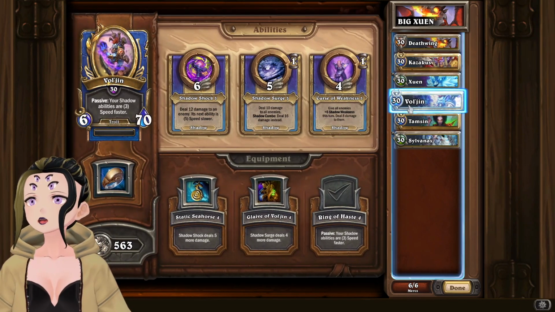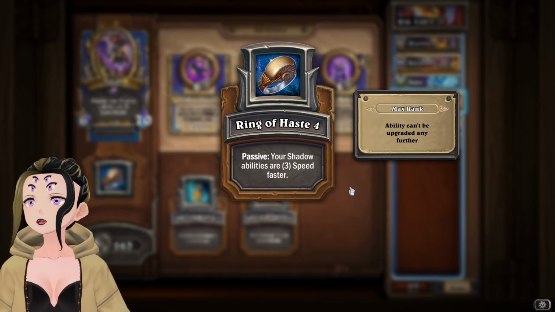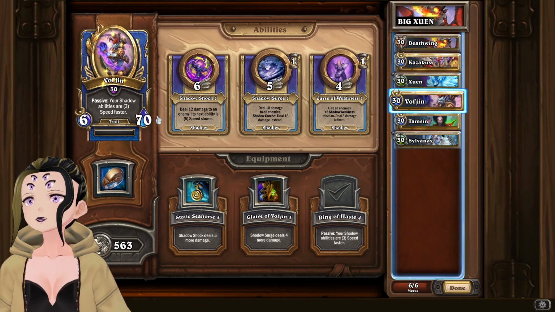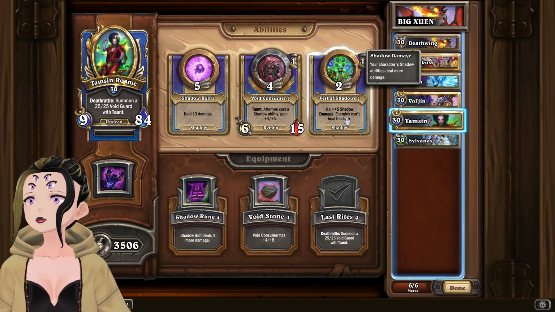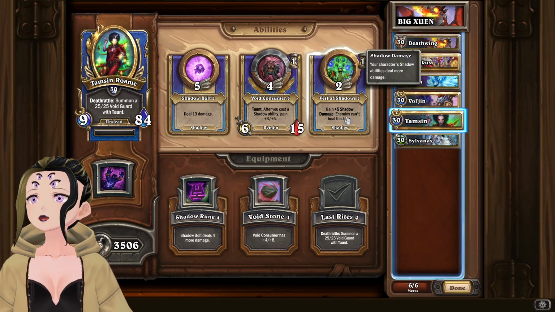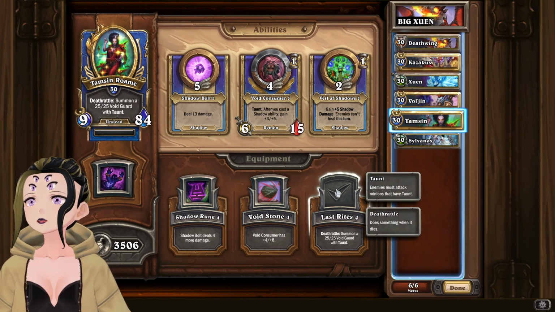The next mercenary on the team is Vol'jin, and we're using Ring of Haste to speed up our shadow abilities, and for the most part we're using Curse of Weakness, and then you can do whichever one here depending on what mercenaries are still alive. Tamsin is the next mercenary. If we have Vol'jin out, Veil of Shadows is the go-to ability on cooldown with a combination of his third ability. However, otherwise you're probably going to be using Shadow Bolt, and the equipment that I'm using for her is